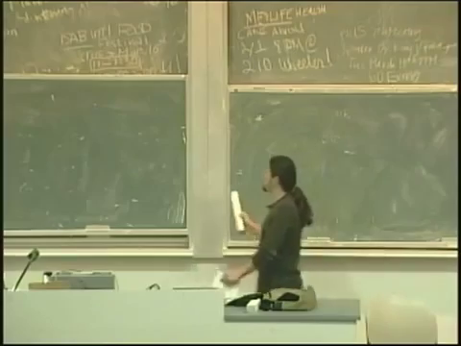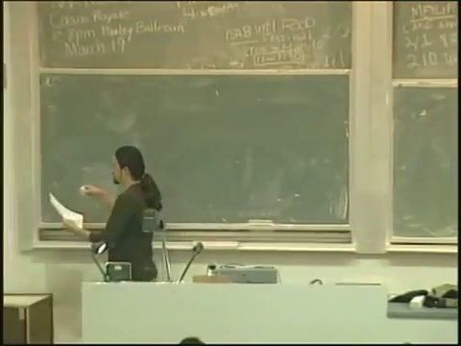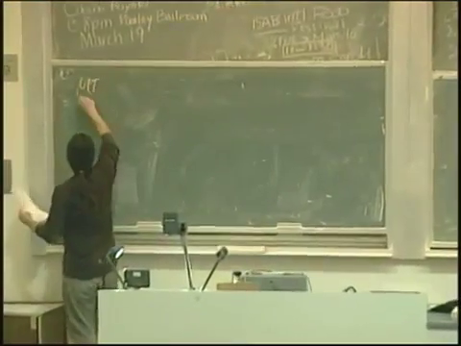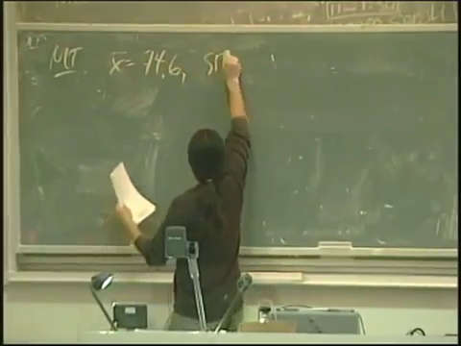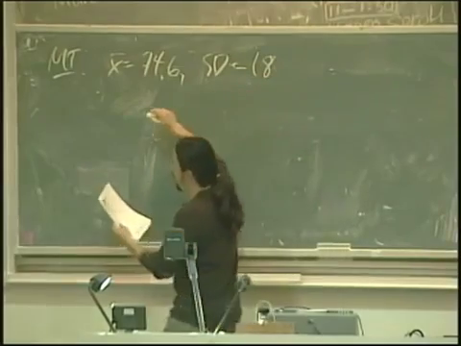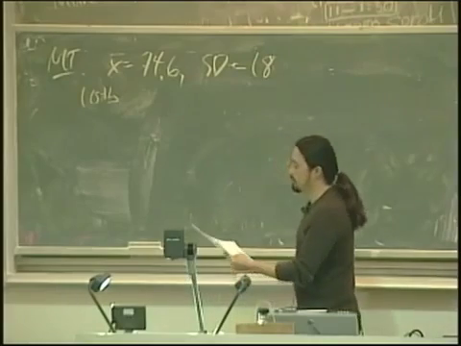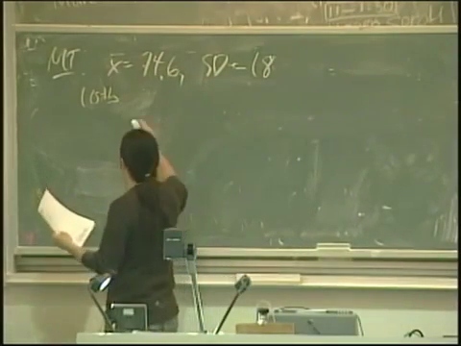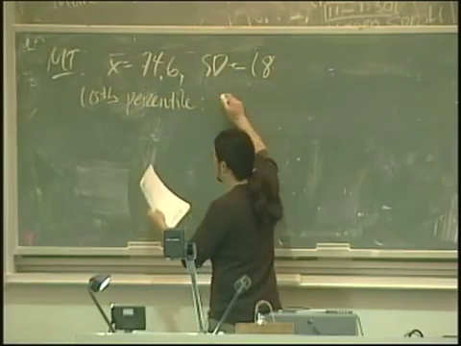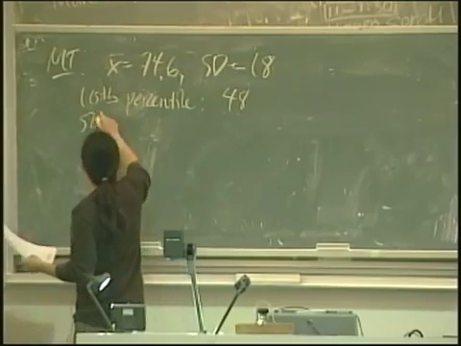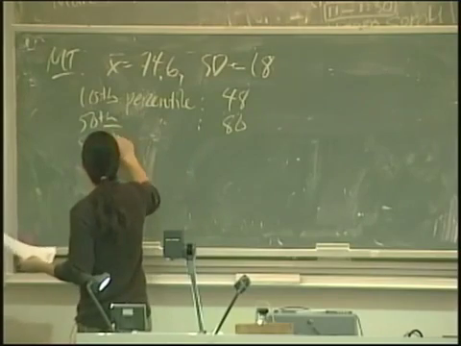Okay, so I wanted to say something about the midterm. You should have the summary statistics, but I'll just put them on the board real quick because I want to talk just a little bit about them. So the average was 74.6. SD was 18. It's always nice to know the average and the SD, but for the midterm, I think it's probably more useful to know the percentiles. The 10th is 48. The 50th is 80. And the 80th is 90.